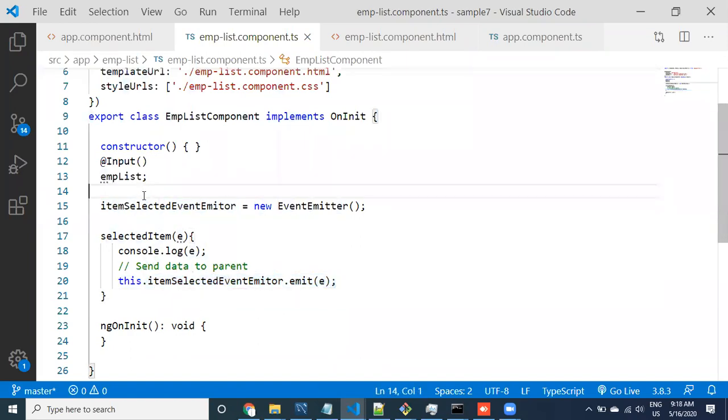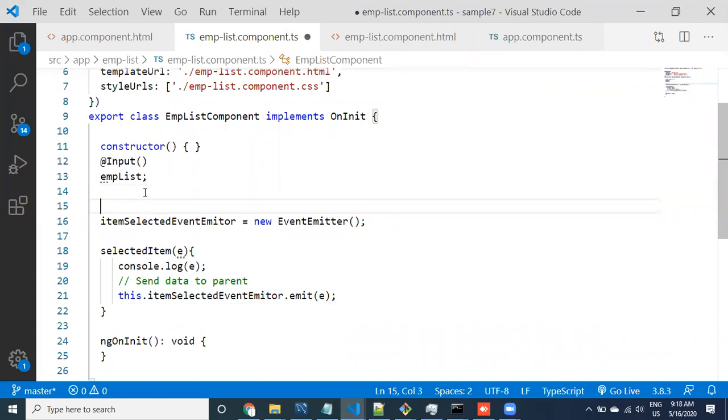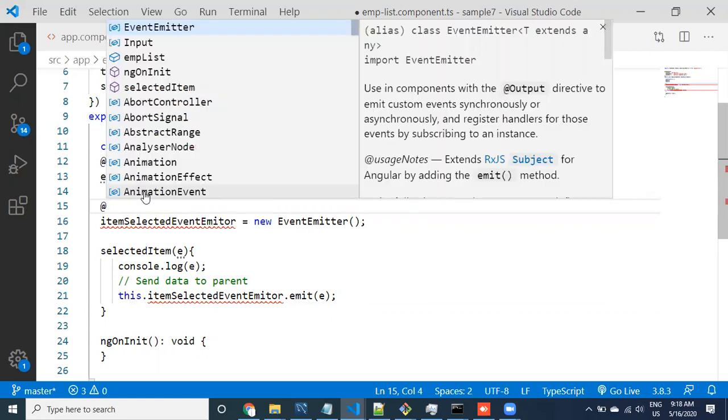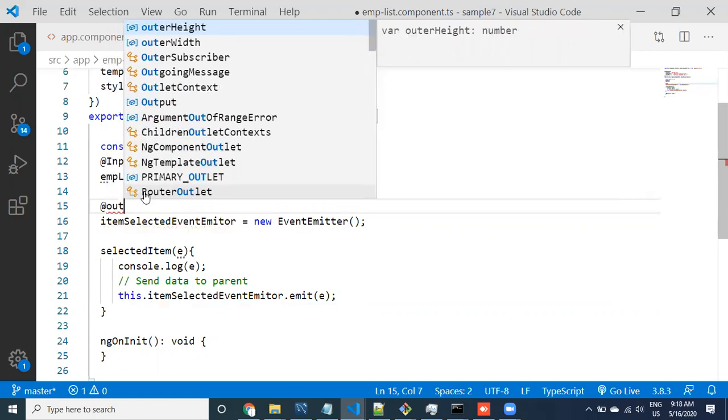To emit the data successfully, this is going to be the output. Emission is nothing but output here. Why? Because this output is going to be caught by the parent.